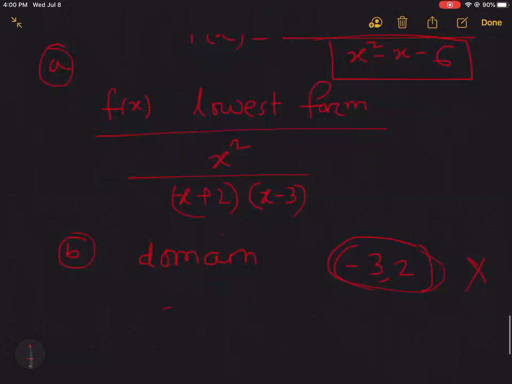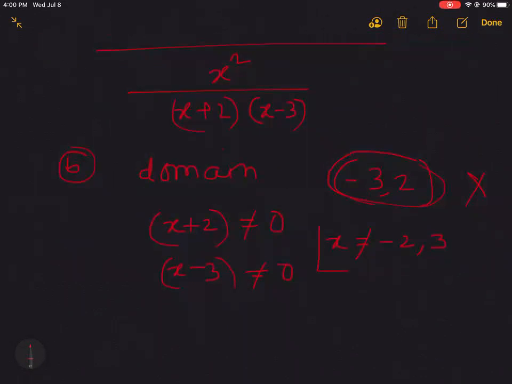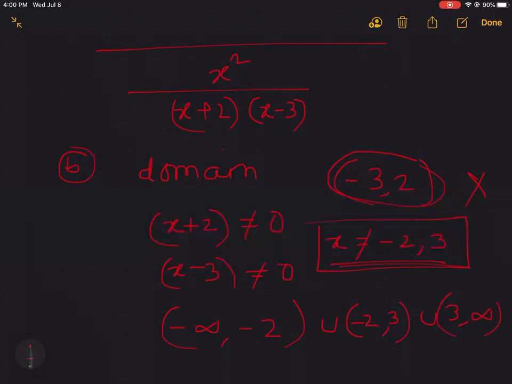So this means your denominator can't be 0. It can't be 0 either, right? So x can't be -2 or 3. Apart from these two, everything else will be your domain. So depending on the question, it will be either from negative infinity to -2, -2 to 3, 3 to infinity, or you can write it in this format. Okay, very good. All right, next could be,